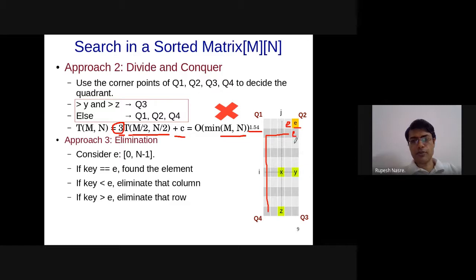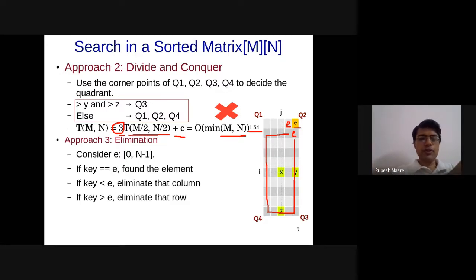Or the other way, you can go from here like this, searching and eliminating rows, and then you reach this. And as an adversary, I can create such a matrix for you after knowing your algorithm, and therefore you might require all the way going over the column and then all the way going over the rows. So you will require not the minimum or maximum of m and n, but you will require m plus n if this is your algorithm.